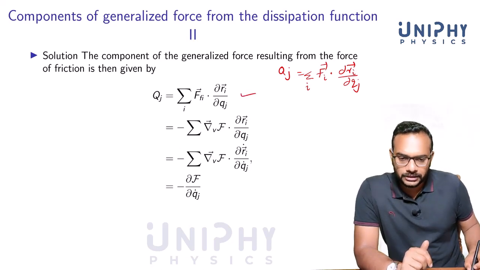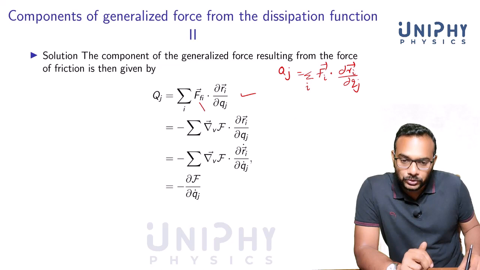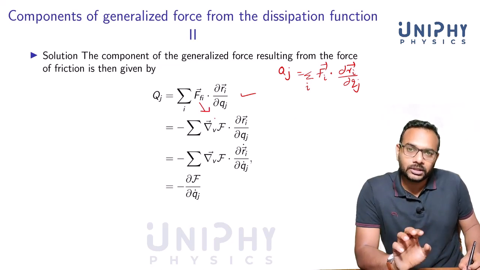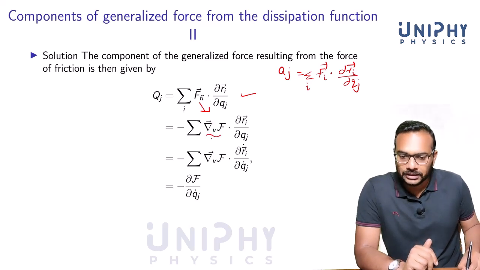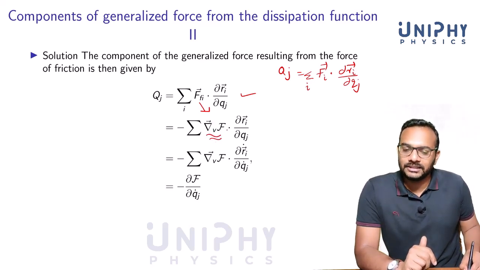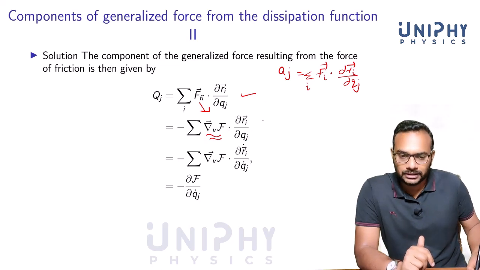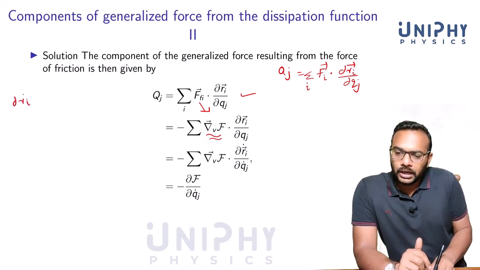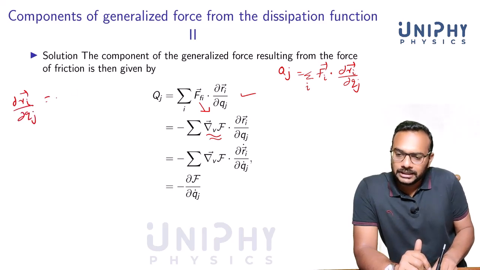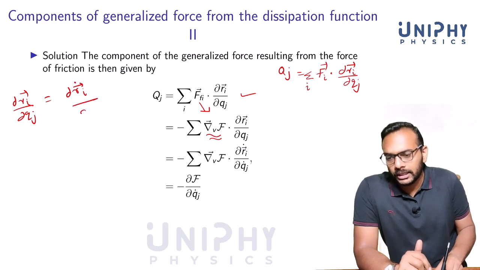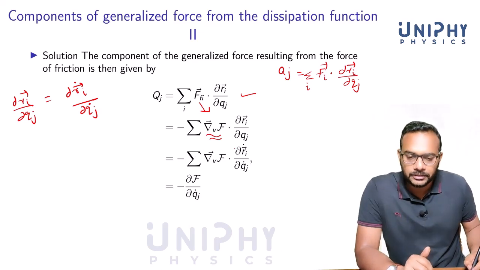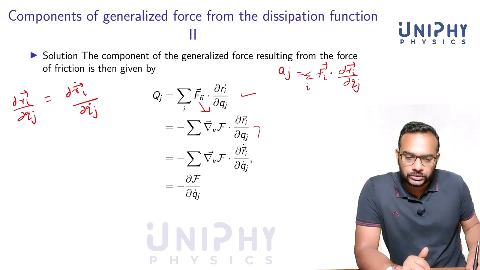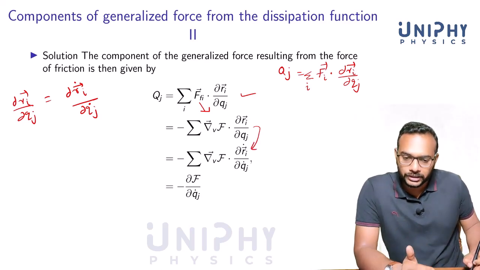Okay, that's Qj. Right, but we said that if we are talking about the frictional forces which are proportional to velocity, then we can write them in terms of the Rayleigh dissipation function in this way. It's ∂Ri/∂Qj that remains there. Now we use the fact that ∂ri/∂qj is equal to ∂ri-dot/∂qj-dot. It's not very difficult to show this; we can show it right here. But that's what we do. So we write ∂ri/∂qj as ∂ri-dot/∂qj-dot.